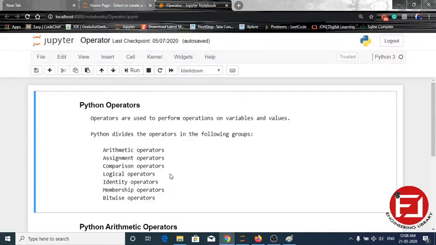Before that, what is an operator? Operators are used to perform operations. We have used 2 plus 3 millions of times. So what is the plus sign here? The plus sign is basically an operator which performs an operation between variables.